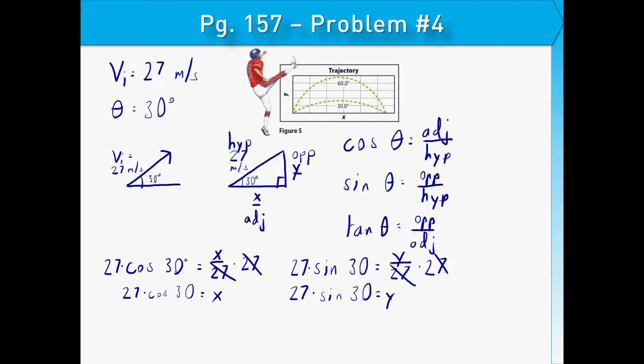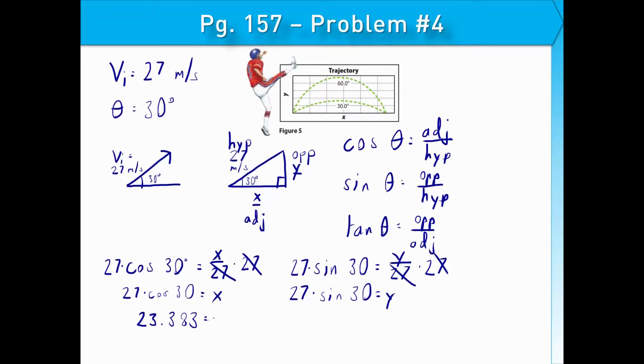Oh, this should be cosine. Now make sure you're in degree mode before you punch in the cosine 30 and the sine 30. If not, you're going to get a different value, and then from there your answer will be wrong. So if I punch in 27 times cosine of 30 into the calculator, I should get